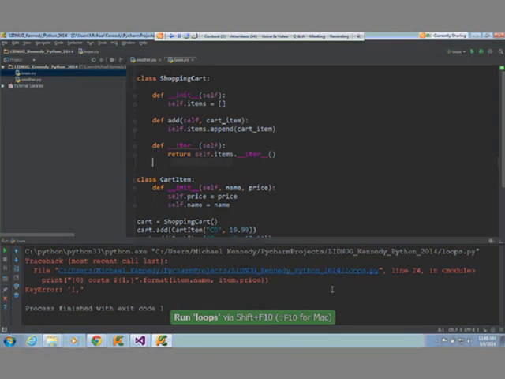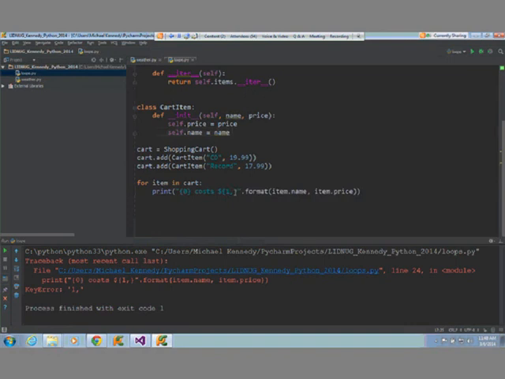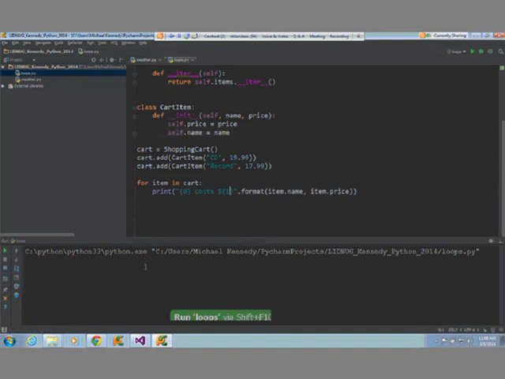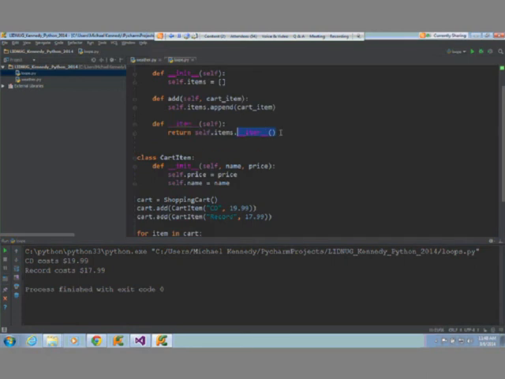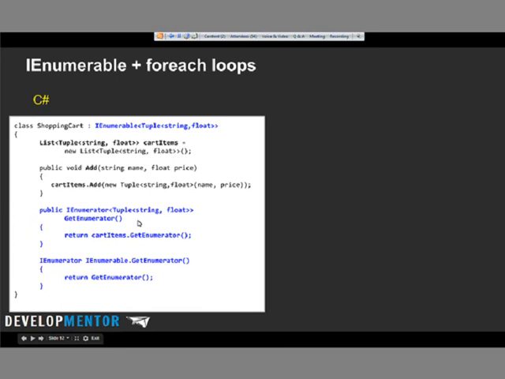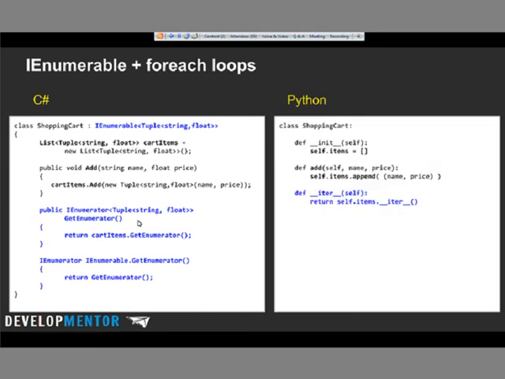Of course, I think I might need a colon, comma, I can't remember. Anyway, there you go. Right. CD cost $19.99, record cost that. Pretty excellent stuff, right? So just look at this. Compare that to the .NET version. Right? Look at those two things side by side. Which language would you rather write in if you had a choice between writing the code on the left or the code on the right? You'll see a lot of examples of this.